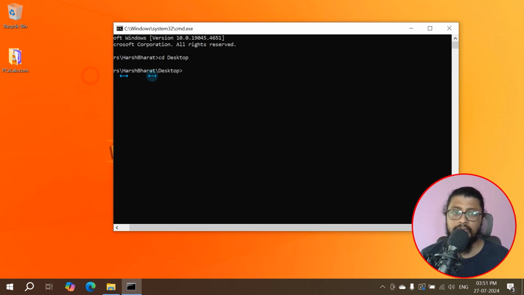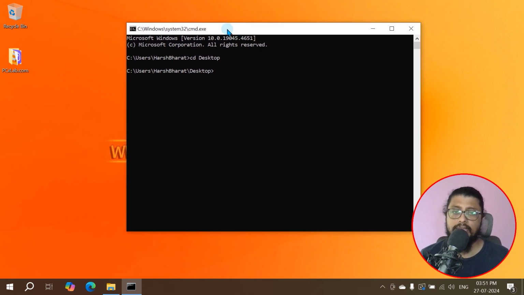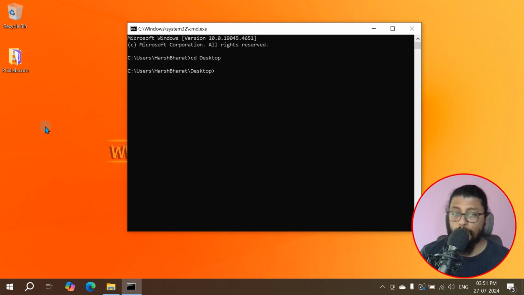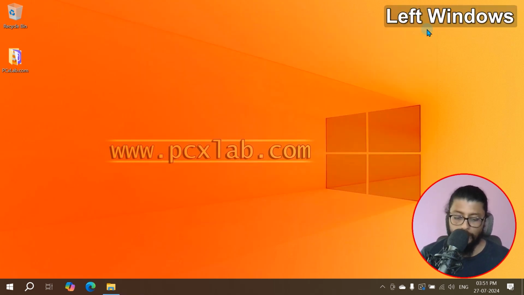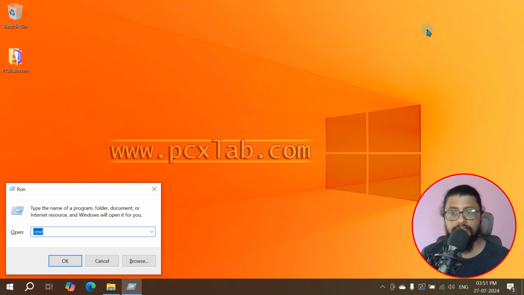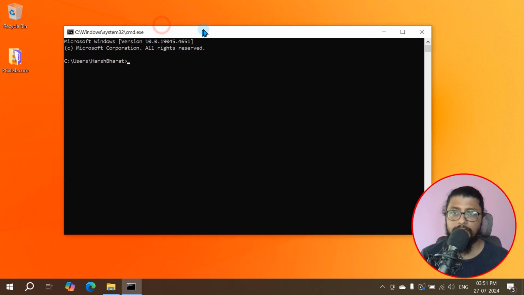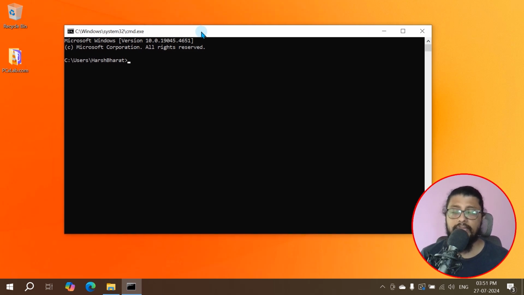So I don't have anything. Again, let's start with this. If I want to create a folder and automate that process, what do I need first? Obviously I need a command. So how can you open command? Go to Windows R, type cmd. You will get a command prompt. You can type any command after this. So if I want to create a folder inside the desktop, I'll say cd desktop.